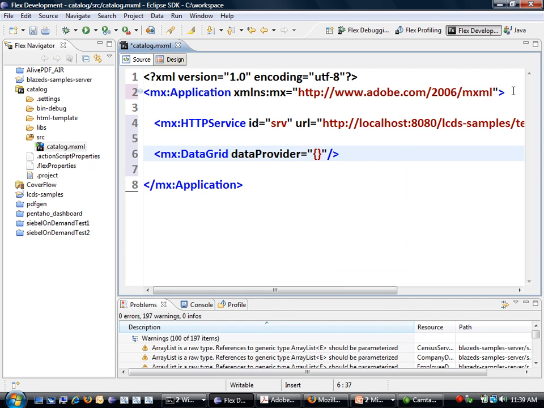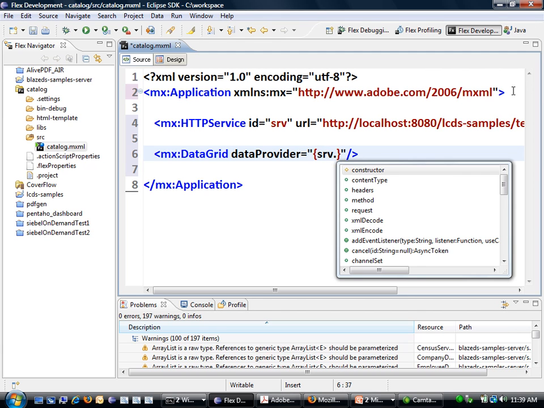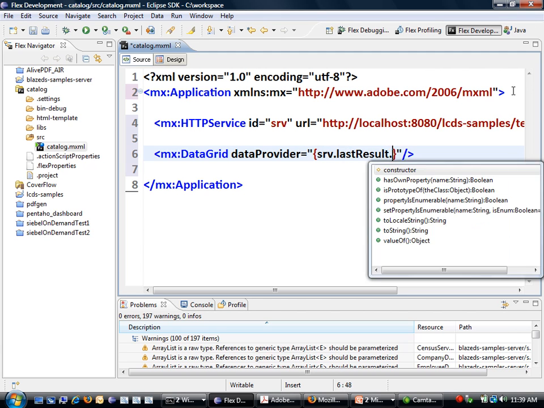And then we're going to use a binding expression, so we're going to tell this application, watch this particular variable for changes, whatever we're binding to, and when it sees that variable change, it's going to refresh its view of its data. So maybe review to some of you. And so what we're going to bind to is the service, the last result that we got back